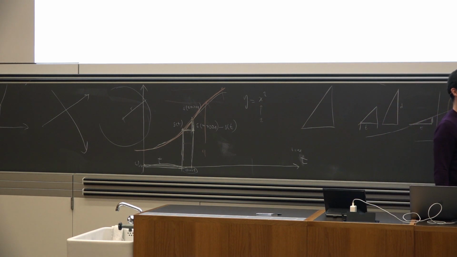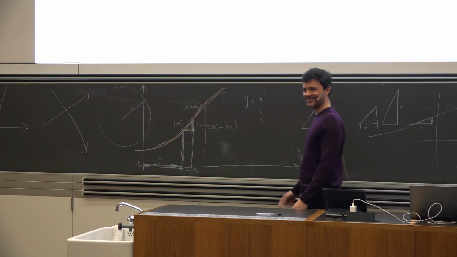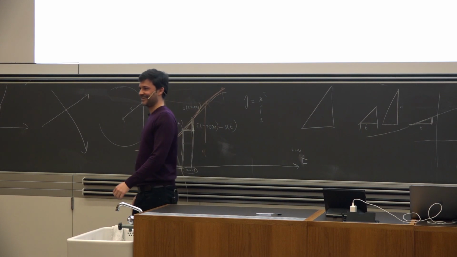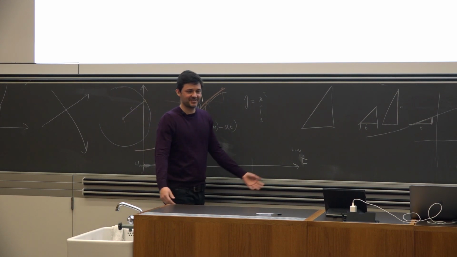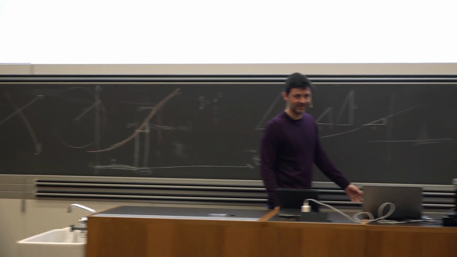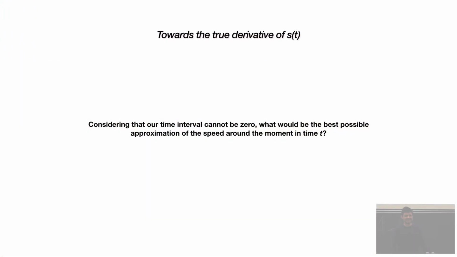What do we get by dividing things by 0? What is 5 divided by 0? Exactly, you cannot divide by 0. If you divide by 0, this does not exist in mathematics. It's impossible. So if you ask, why not just say that the interval is 0 and see what happens? You cannot.